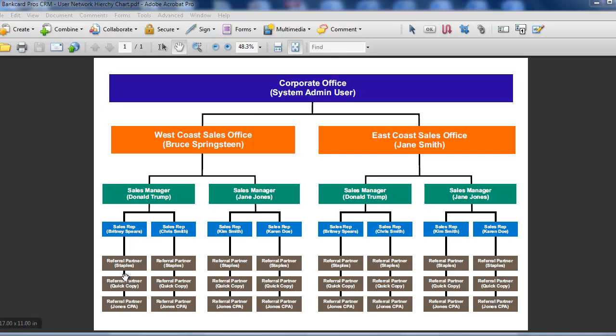To take it one level further, we're going to have a sales rep have referral partners providing referrals to the sales rep to sell merchant accounts. So we have 3 referral partners linked directly to the sales rep, in which the sales rep is linked directly to the sales manager, and the sales manager is linked directly to the sales office, and the sales office linked directly to the system admin. So what we have right here is one network that has 1, 2, 3, 4, 5 users in this network